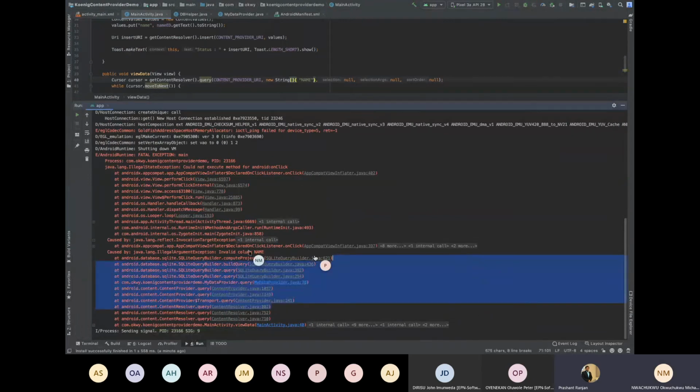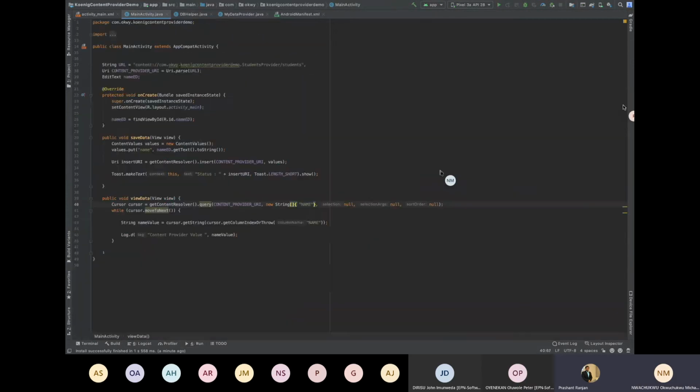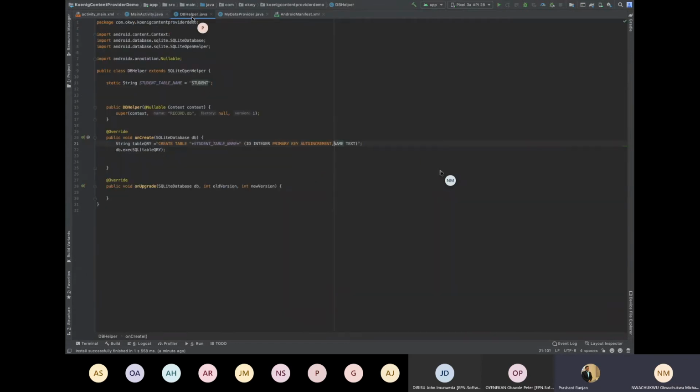Saying invalid column name now. So is my database not going to be created? Then where is the data going to be saved in that case? Create table, table name, ID integer increment, name text, table query.